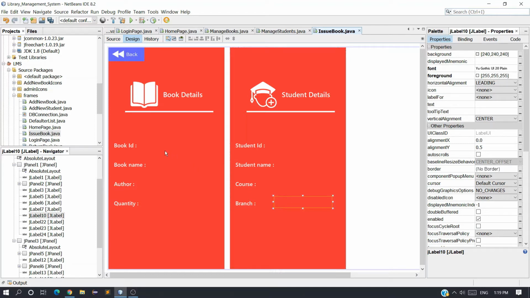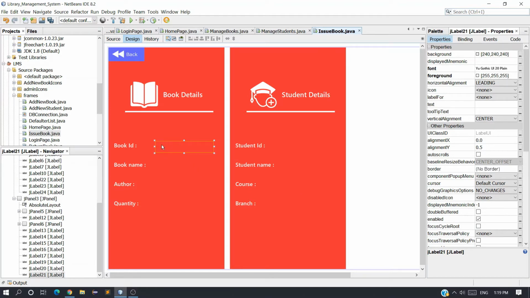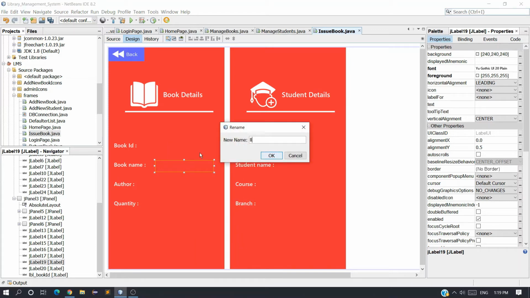So now just let me change the labels' variable names. Select the label, right click and change variable name, and write the name as LBL book ID, because we are going to set the data, so we need variable names. So LBL book name.